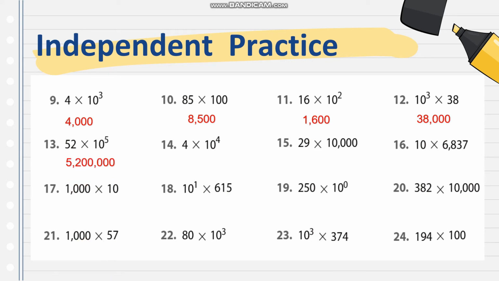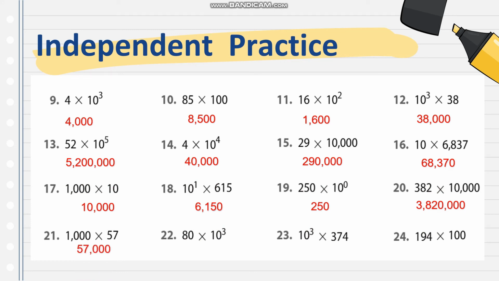13, 5,200,000. Number 14, 40,000. 15, 290,000. 16, 68,370. 17, 10,000. 18, 6,150. 19, 250. Number 20, 3,820,000. Number 21, 57,000. 22 is 80,000. 23 is 374,000. And 24,